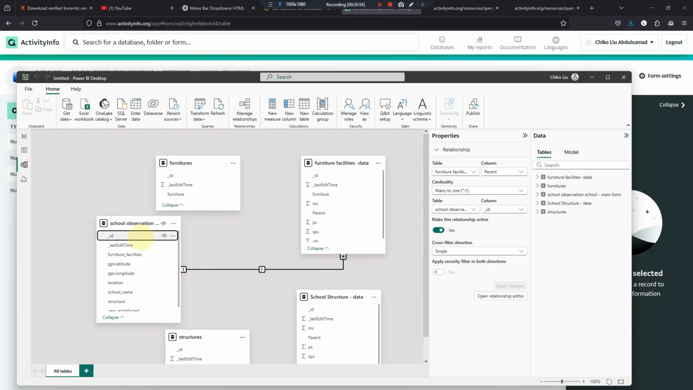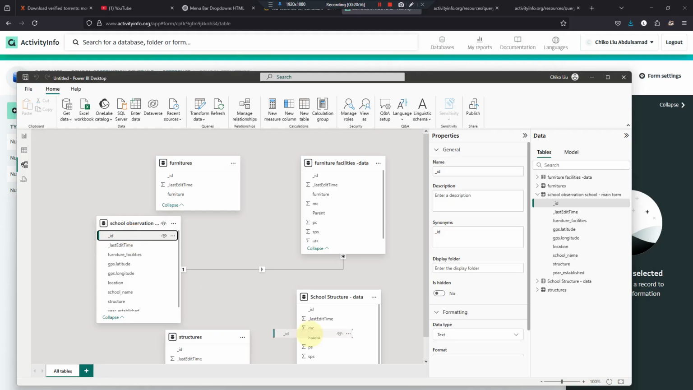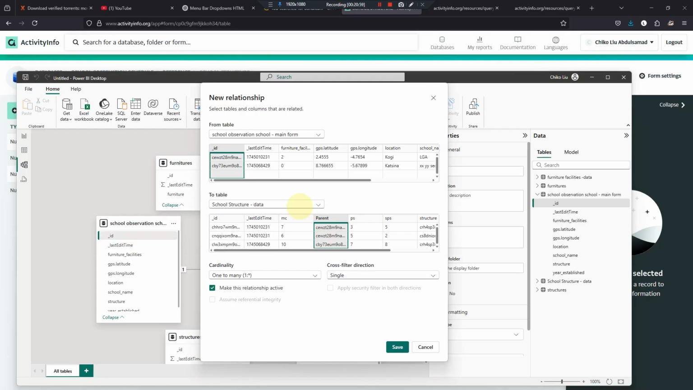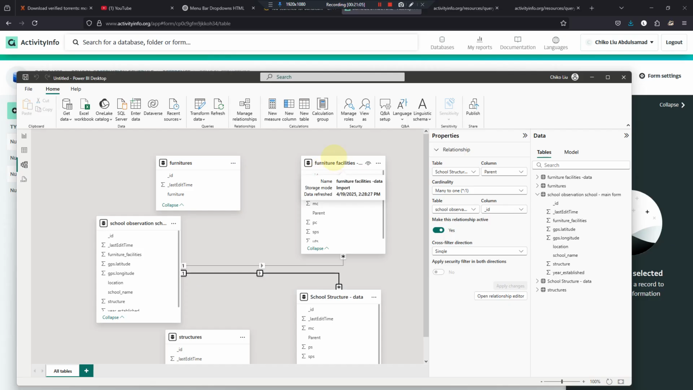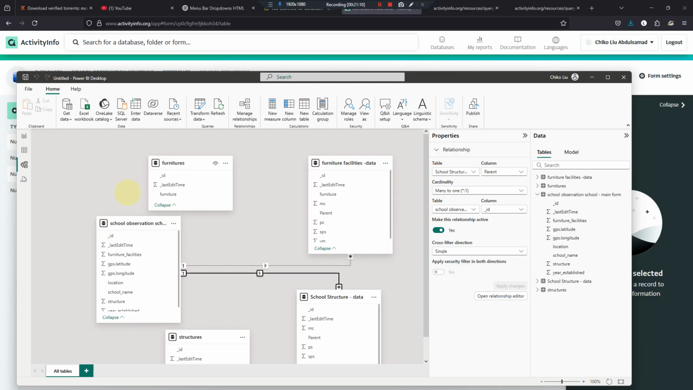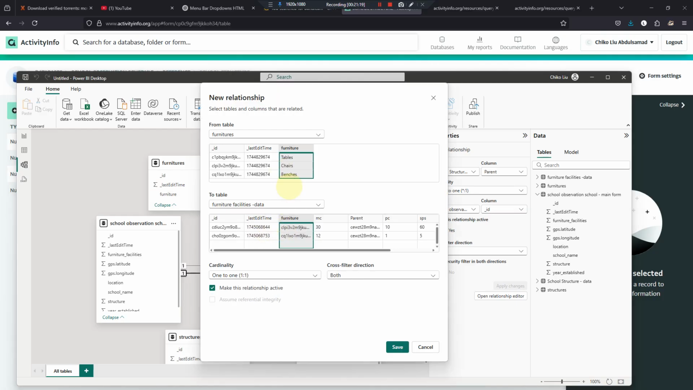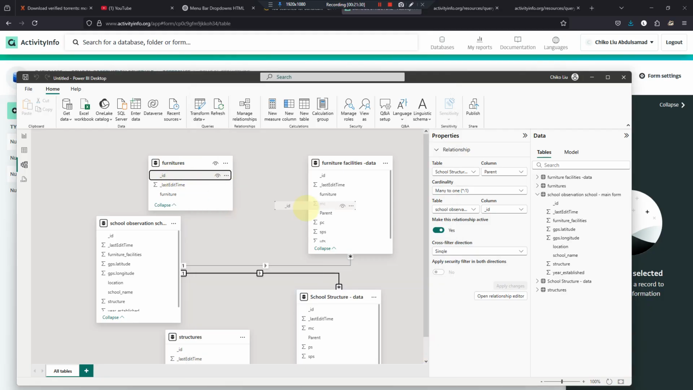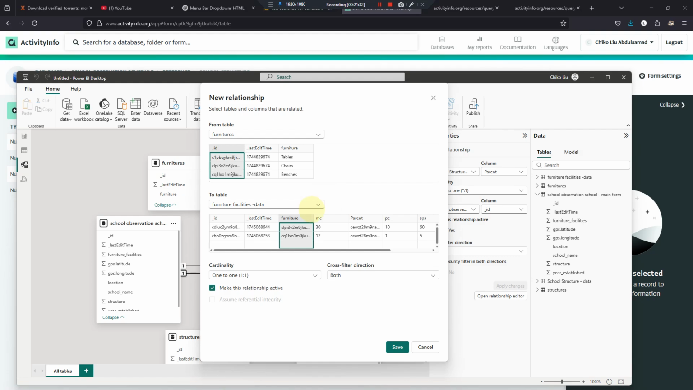I'm also going to do the same thing to this form, which is also a one-to-many relationship. Makes sense. The next thing I want to do is to connect this ID or this furniture to this. So this cannot be one to one. Oh, so I think it's supposed to be this ID to furniture. Apologies. So this ID to furniture, which is a